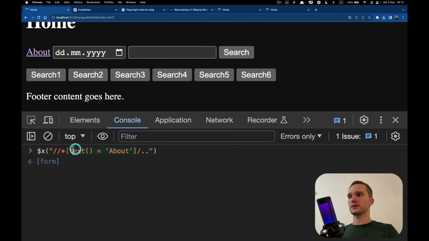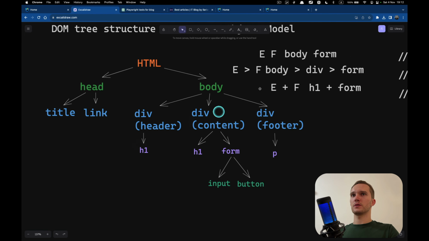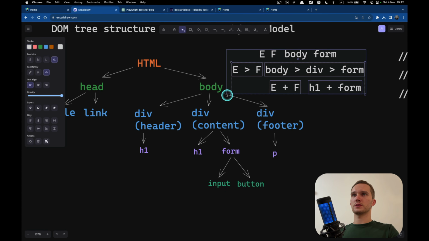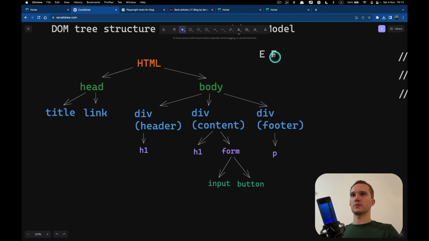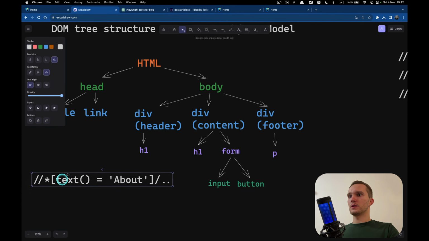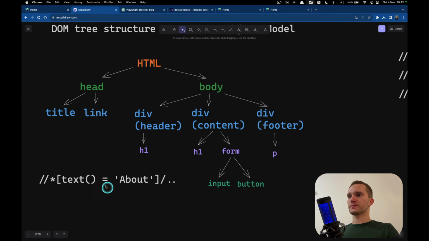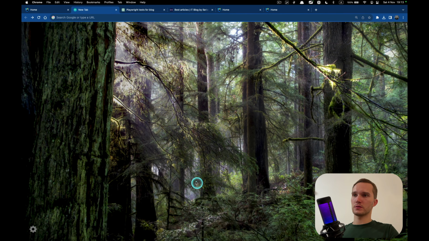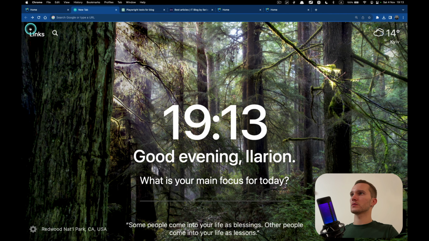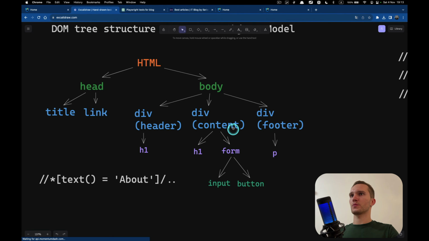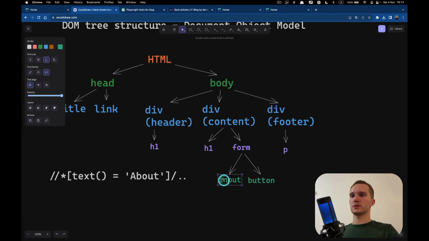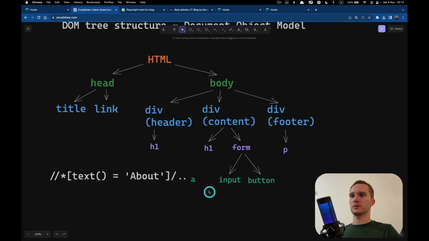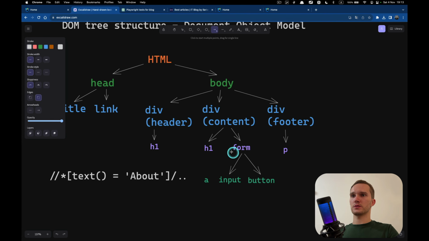So first I located, let me show it here on the diagram. Okay, deleting this. Boom. Okay, so first we located the element with text about, which is actually not represented on this diagram, because it's A. A is another child of this form.